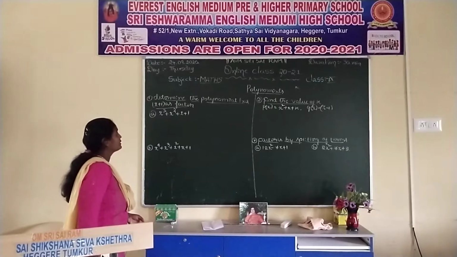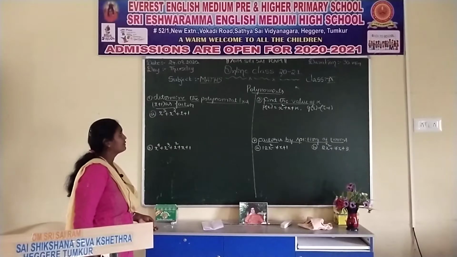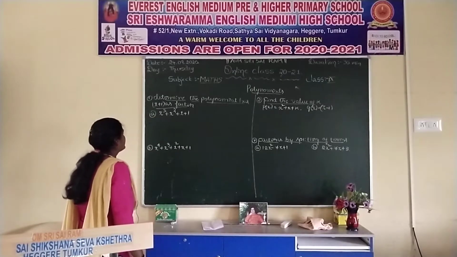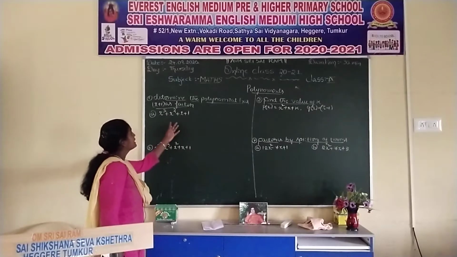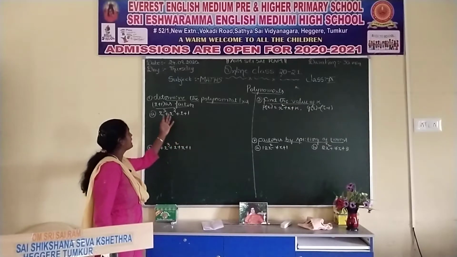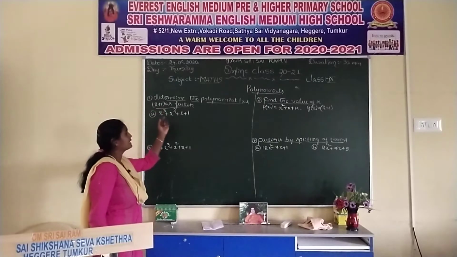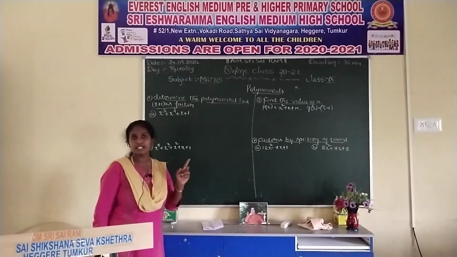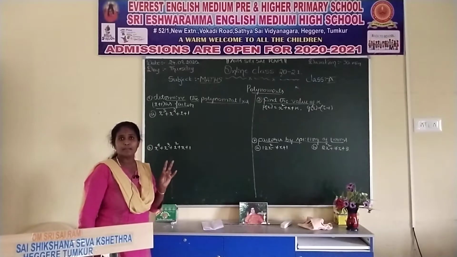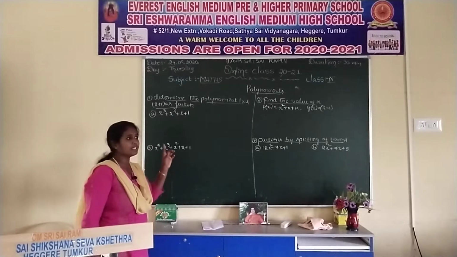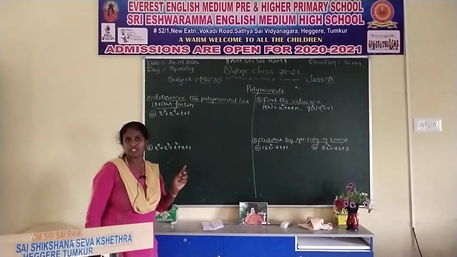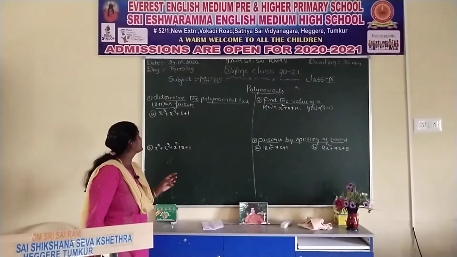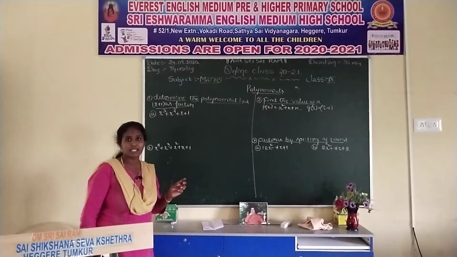See, today I am going to explain how to find out whether the terms are a factor of a polynomial expression. See here, the first question is: determine whether x plus 1 is a factor of the polynomial. First, think about the monomial, binomial, trinomial. They have given a binomial expression. Binomial means an expression having 2 terms. Here, x plus 1 is a binomial expression.